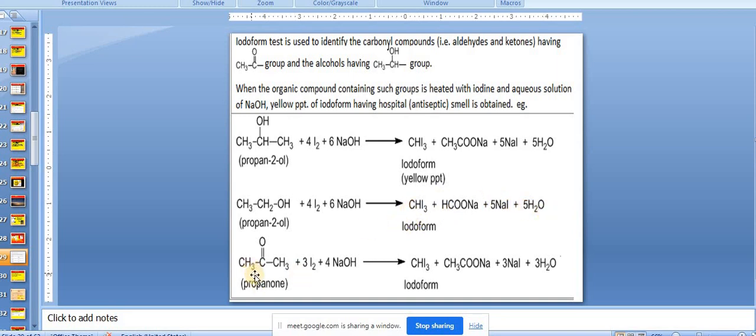Similarly, if you talk of propanone, 3 carbons were there and 1 carbon used in the iodoform, 2 carbons oxidized to give acid, ethanoic acid, which reacts with NaOH to give CH3COONa plus NaI and water. As I have told you, in most other organic compounds except the alcohol, we get the numbers 3 and 4. So 6 iodine are here, 3 used, 3 NaI, 3 water. That's all. So if any student is having any doubt in the iodoform test, you can ask. Yeah, please.